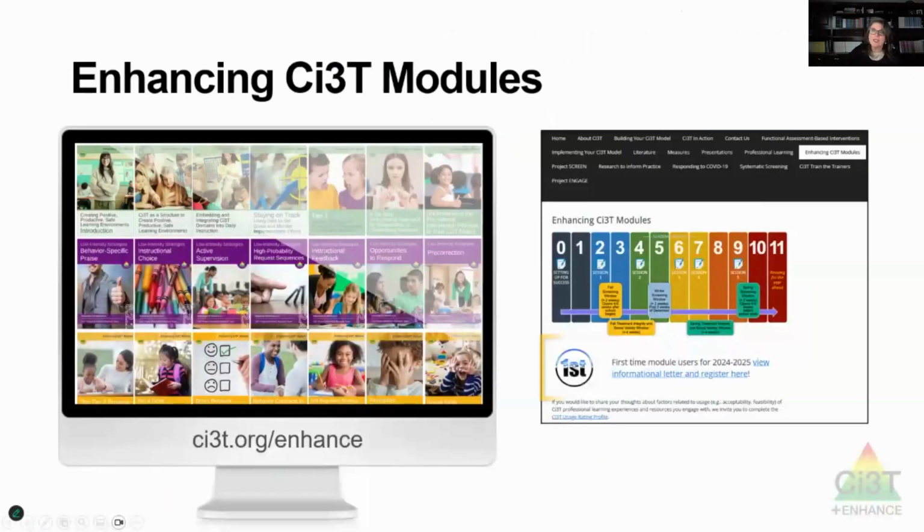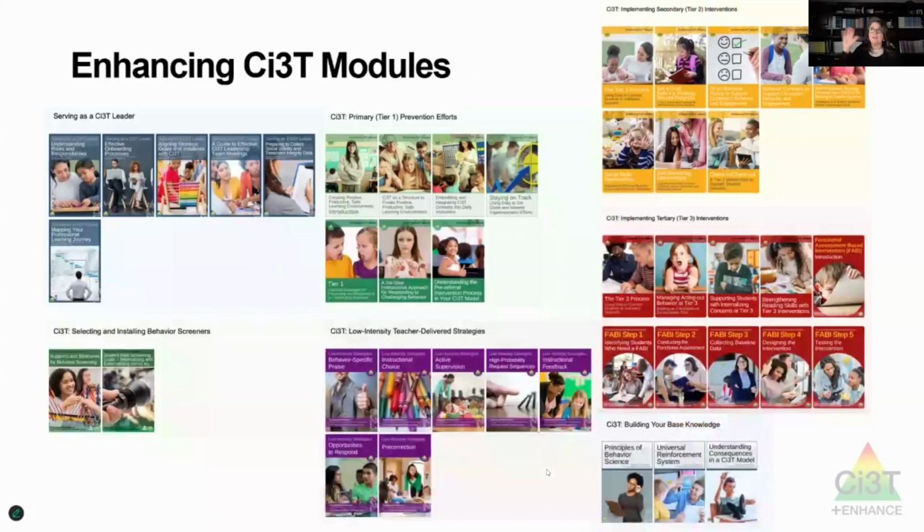So as you are looking at this, when you get to the website, it might look something like this for you. Those are going to be where you're going to find the resources tonight, and you're going to find some other professional learning resources in the same location where you registered to be here today.